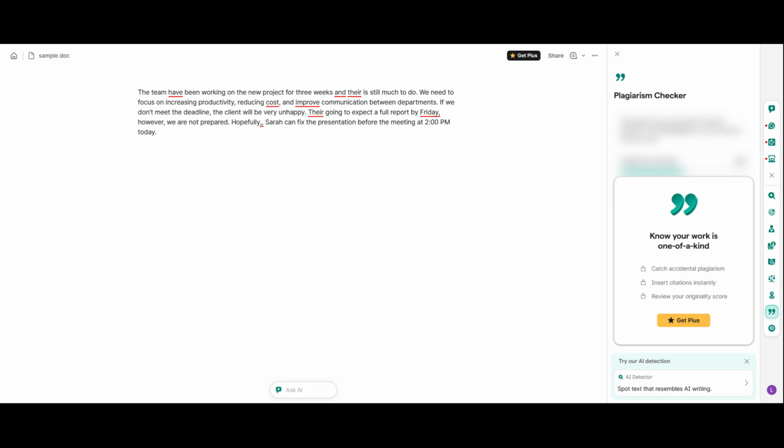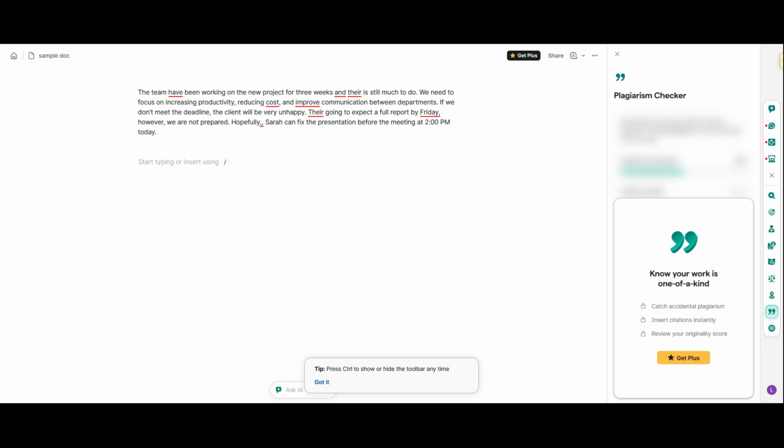This is one of the biggest advantages of using Grammarly before you submit an assignment or publish content online. It gives you a chance to catch issues early, protect your credibility, and make sure your writing is clean and original. It's also a great habit for anyone who creates content regularly, because plagiarism checks can help you avoid accidental